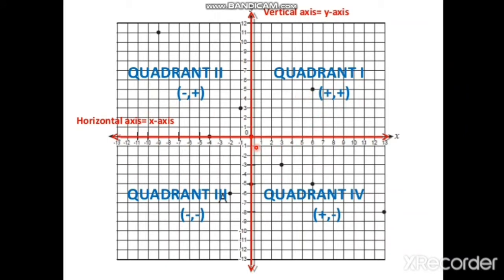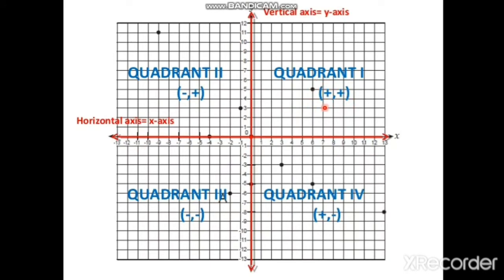In quadrant first you can see this is the 0 or the origin, like in the case of number line 0 is the center point and on the right of the 0 are the positive integers and the left of the 0 are negative integers. So for the first quadrant you can see that the x is positive, that is abscissa. So y is also positive in this case. Above the 0 and right to the 0 are positive and left to the 0 and below the 0 are negative.